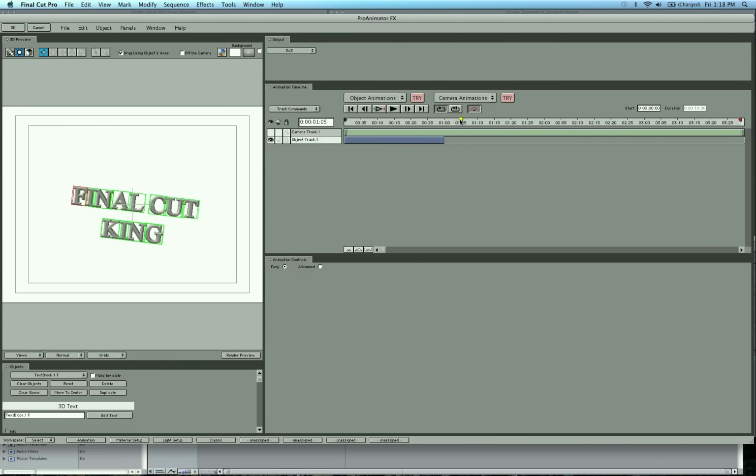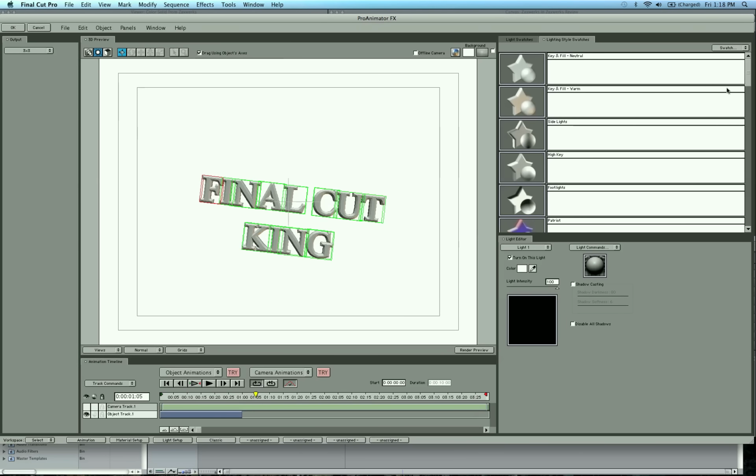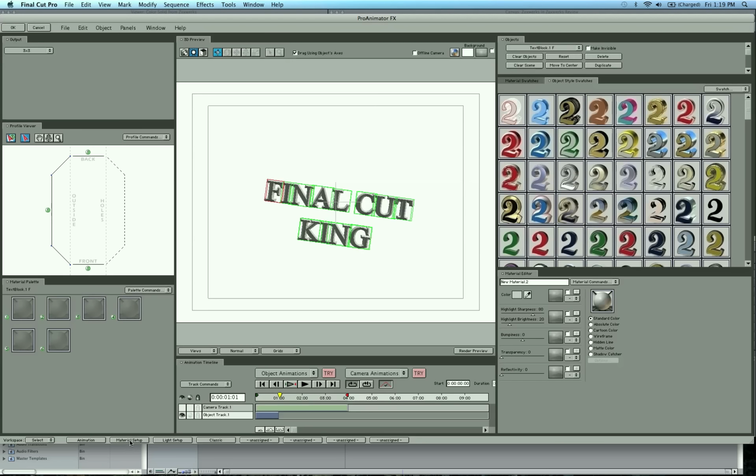We can change stuff in here like lighting and the area of where this is shaped. You see if I just select and drag, the lighting is changing. I can also do that here in the light setup, which they have all these pre-made light swatches. And I can select them and drag them on. Like so. Let's go ahead and select this. That's too dark. I'm going to go ahead and select this, or I can do it manually down here by selecting and dragging. So now I'm going to go to Material Setup,